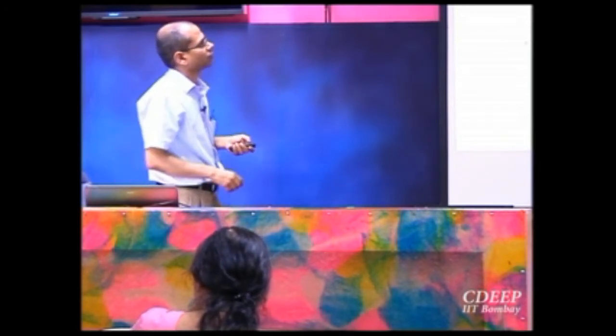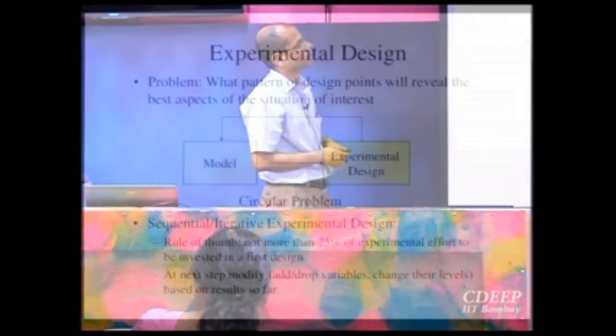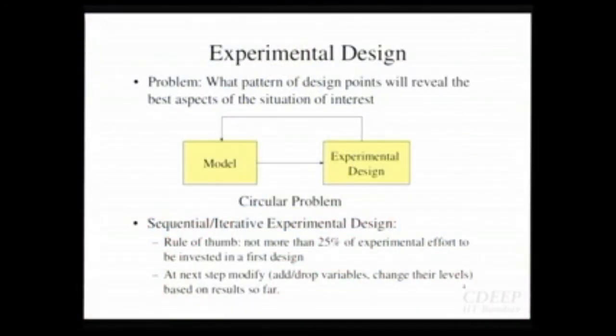So as a rule of thumb, the problem itself is actually a chicken and egg type of problem. If you tell me the model, if you tell me it's a straight line model and then ask at what x I should do the experiment, I can tell you the values of x optimally. I will be able to perfectly tell you where the experiment should be done because you have told me the model form, it's a straight line. But here I don't know the model form, and I have to decide the experimental design.